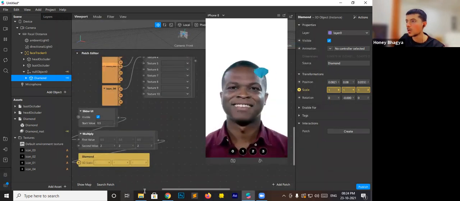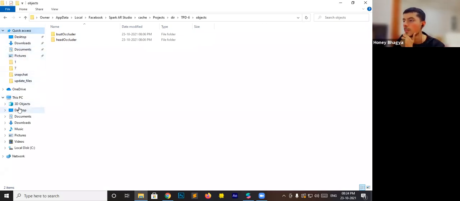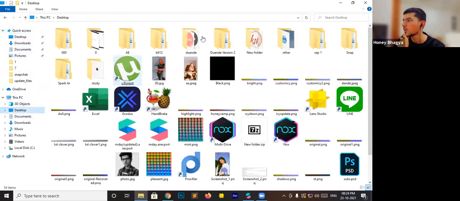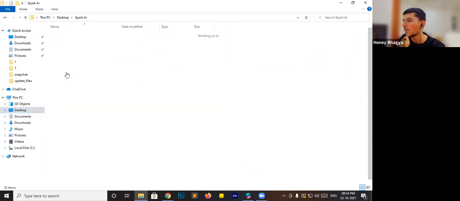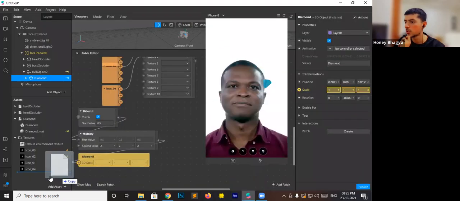It's not loading. Spark has some capability issues. Sometimes it does not load the patch. I'm going to add it manually. So I have this color shader here, and I'm going to import this here.